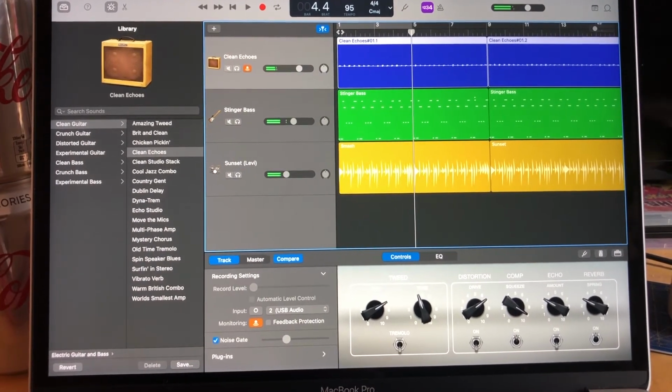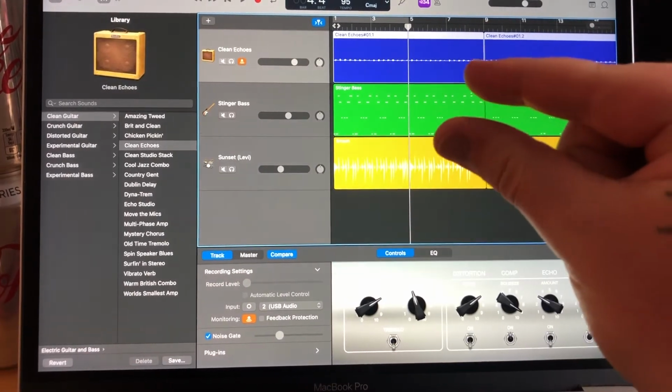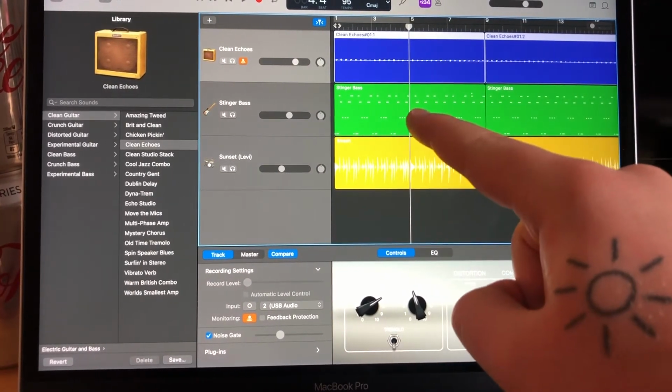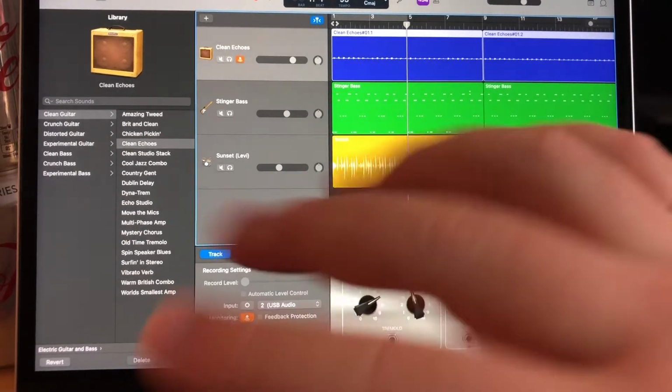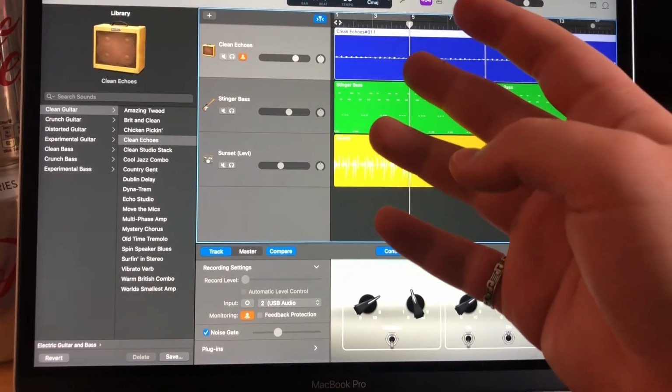And as you can hear there, the guitar is just a teensy-weensy little bit out of time with the bass, but honestly, that's fine. I'll just make the bass a little bit quieter, and you won't even be able to tell, so...